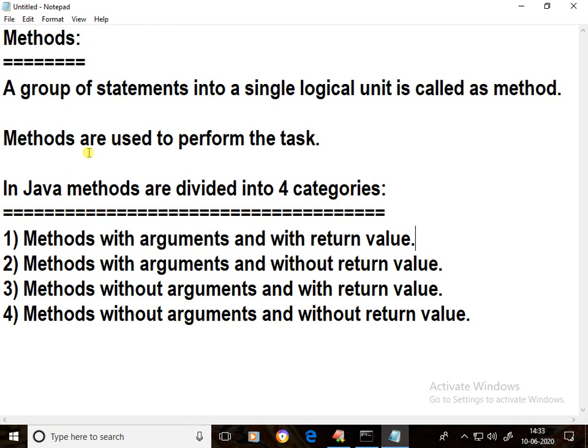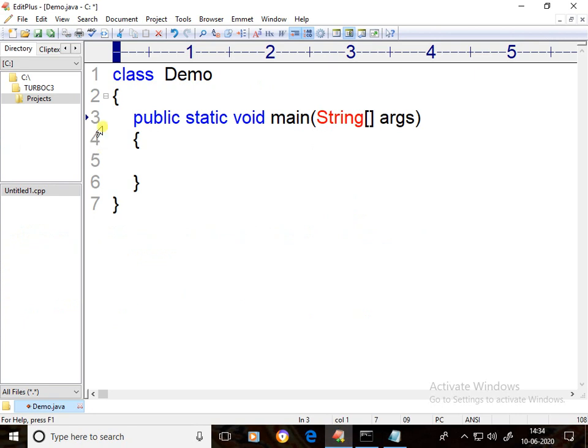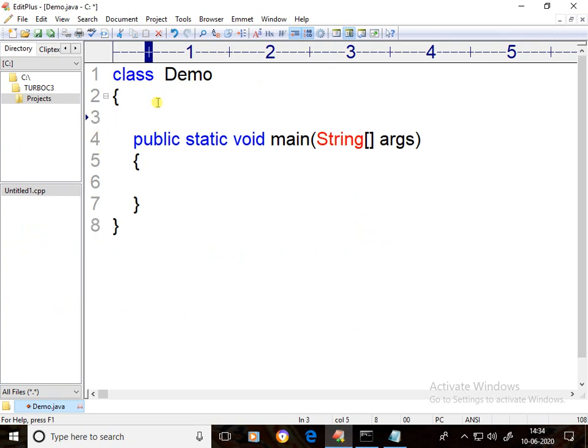Now, first category, methods with arguments and with return value. This I am going to explain. See in the program. Suppose finding the maximum of two numbers is a task. I am going to write it in a method. Suppose the method name is max, which takes two integers and returns one integer.